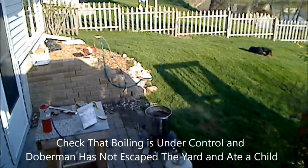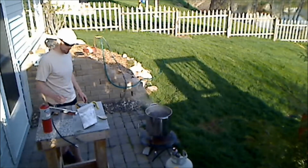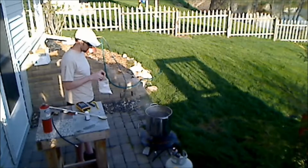Alright, you're going to want to keep checking back that your boil is under control, that your Doberman hasn't escaped the yard. Things are going well. With about 10 to 15 minutes left in your boil, this is where I'll add in